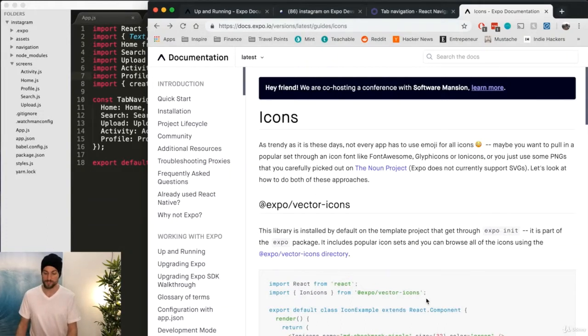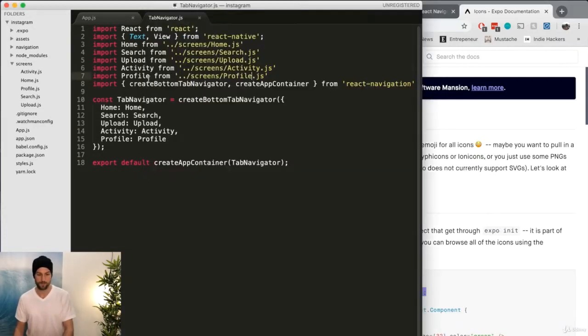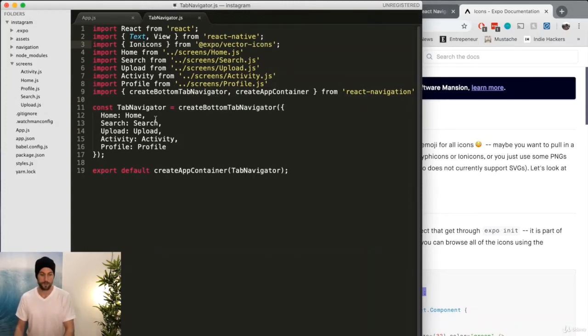The way that we use this is we import Ionicons from vector icons. We're going to do that in the tab navigator. Right now we're just passing in the whole component itself, but there's a lot more features to React Navigation than just passing in the component in the tab. So instead of doing this, we could do